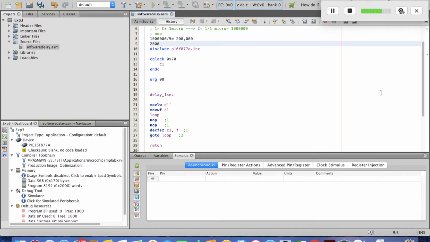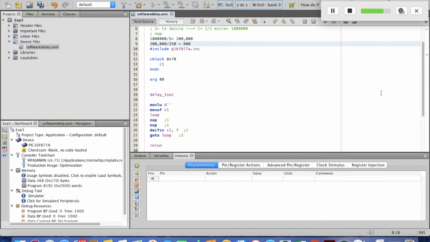That means 200,000 divide by 250. That will equal, let me just calculate that. Okay, so 200,000 divided by 250, that's 800,